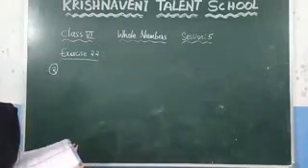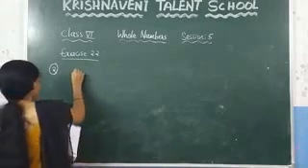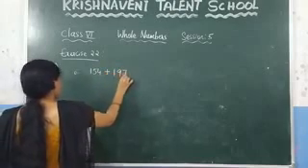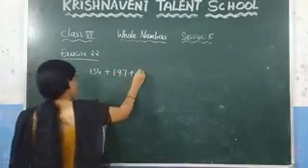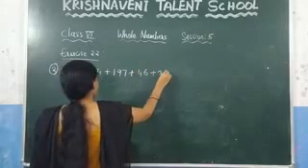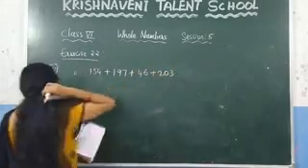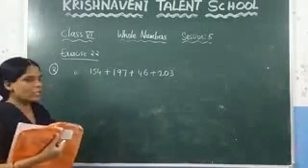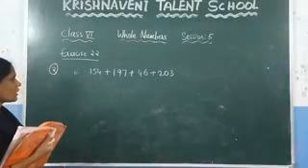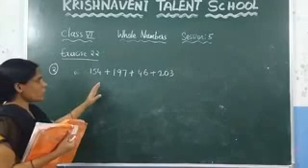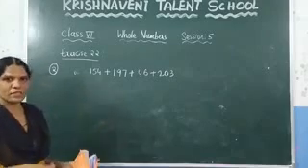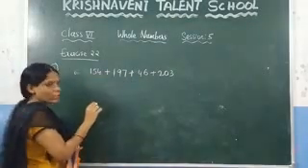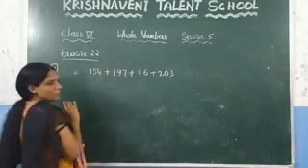In the second question they have given one more option, 154 plus 197 plus 46 plus 203. Again we have to rearrange this one, and after that we have to simplify this expression. Just check, if you add two numbers you have to get the ones digit as 0. Here 7 plus 4 is not 0. But 6 plus 4 is 10.